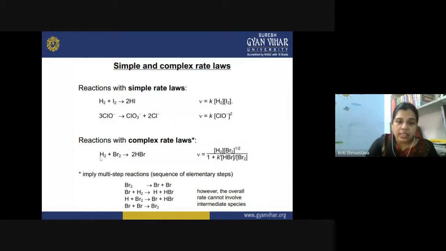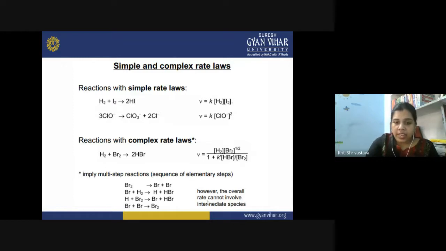You can see that this reaction in which hydrogen bromide is getting formed is not as simple as it looks. It may involve so many steps, and therefore it is a complex reaction, and these individual steps are known as the elementary steps. So each step could have its own rate law, and when you go for an overall rate law, you have to look at all the rate laws involved in the individual elementary steps.